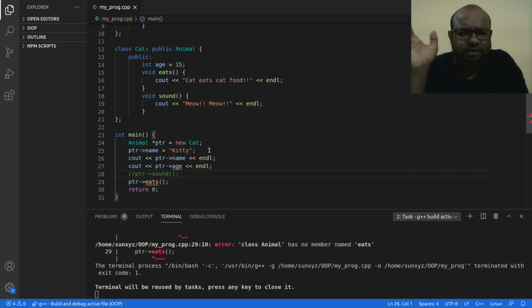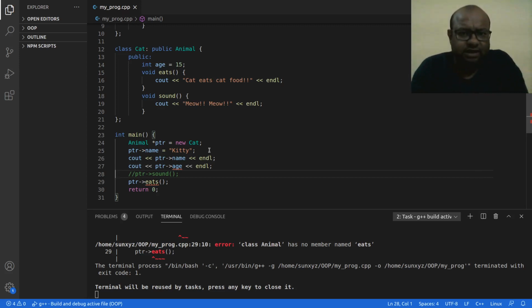Alright, I hope that makes sense. So only those things that are there in my parent class, only those I can access. Although the object that I am using is of type child class, the object is of type cat. It is not of type animal, but the pointer that is pointing to this cat object is of type animal.